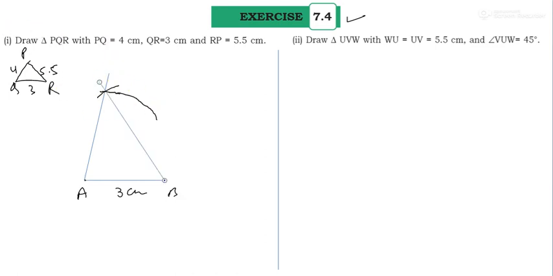They are intersecting at a point, which one? And that point is, it is QR, not AB, it is QR, and this one is P point. So it is 5.5 centimeter and it is 4 centimeter. So you can write like this and draw this diagram. Now draw a triangle, this one. So you can write a triangle, this one, U, V and W.